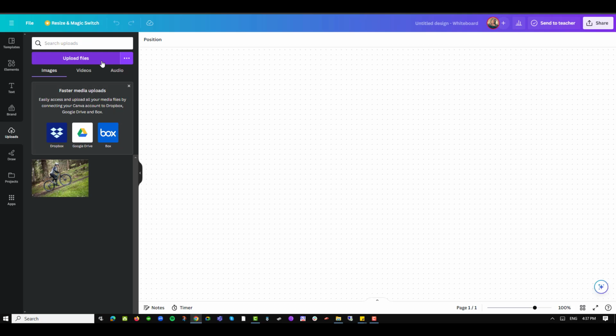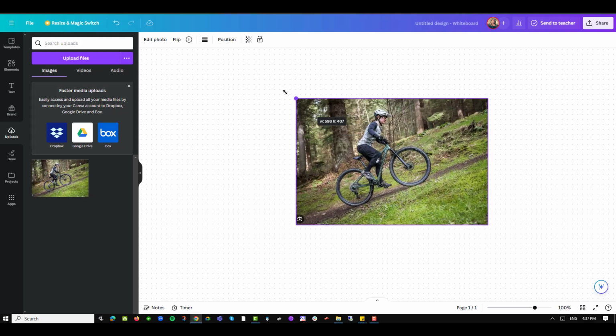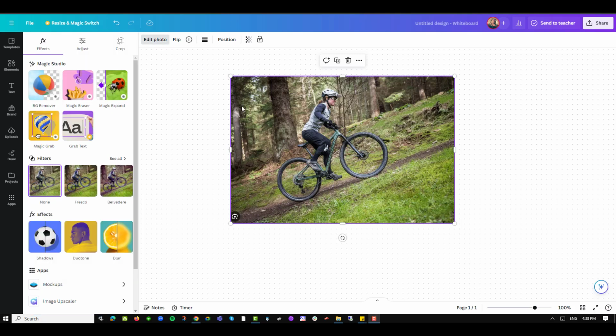Canva is so flexible that I can also click and drag from my file explorer into the working area. I have already uploaded an image here, so what I'll do is click and drag into my space. I'll make it a little bit bigger so I can manipulate it easily. Notice when I select the image, I get this toggle option and a menu to edit photo appears at the top section. I will click on the edit photo option and there are a number of effects that show up.